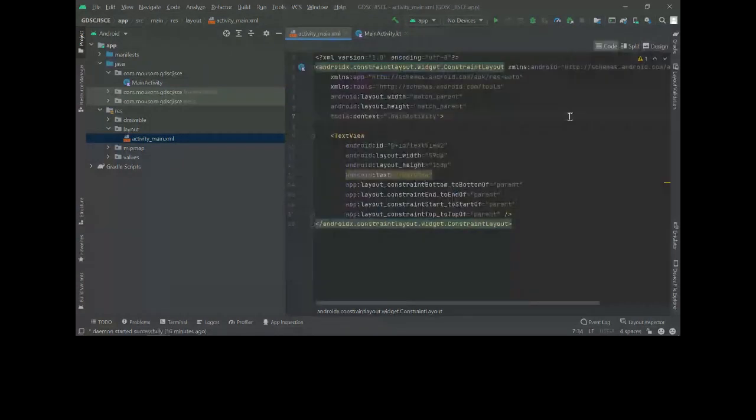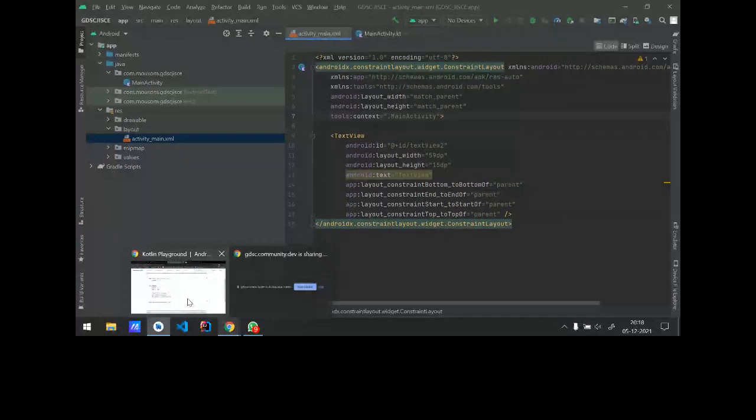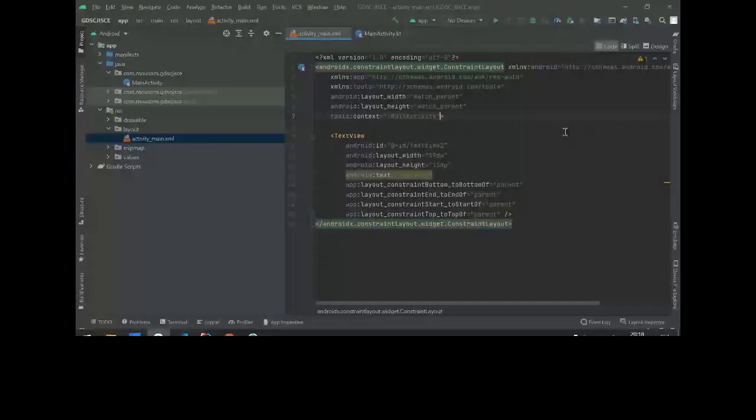After all of that, there is one more thing I have to do. Let me connect my phone. I'm using my physical phone. You can use an emulator, but for an emulator you need something like 16 GB of RAM. I have 8 GB of RAM, and it would be very slow if I ran the emulator on this device. That's why I chose a physical device. I will show you how to do that on your physical device.